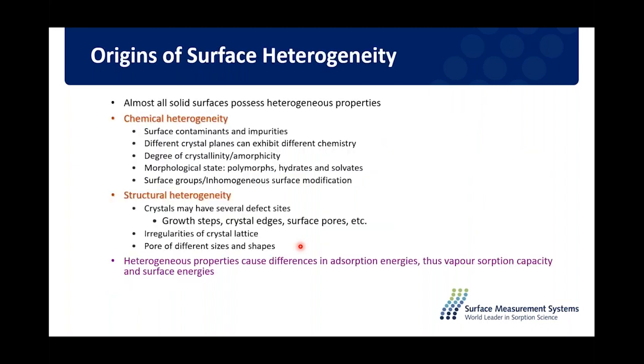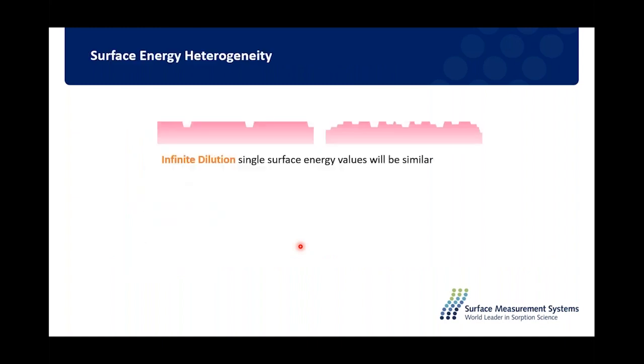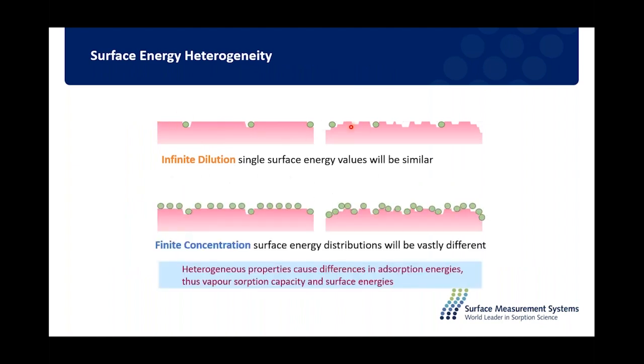We can also look at what's called surface energy heterogeneity. As most materials are energetically heterogeneous, describing them by a single value does not always show the full picture. Inverse GC, unlike other surface energy techniques, is able to show energetic heterogeneity. As this cartoon might show, if I have two surfaces and look at the average surface energy, they might be similar. But if I then cover the entire surface, I can get a fuller picture of the energetic distribution, or the distribution of surface energy sites.